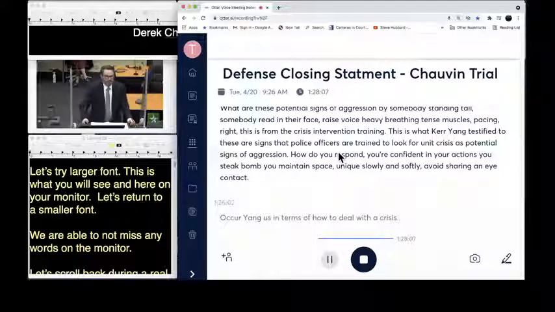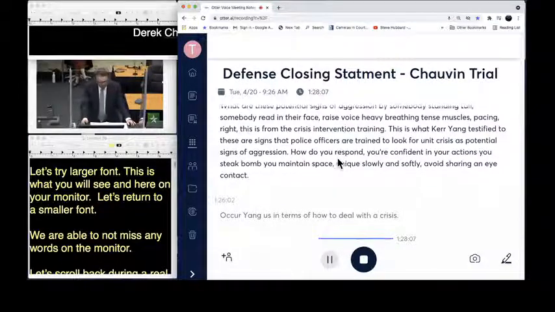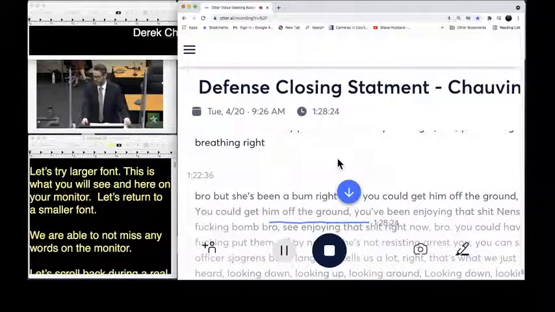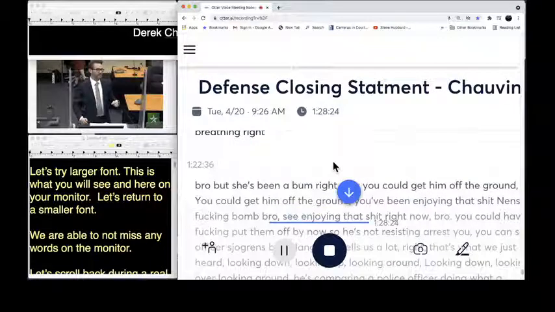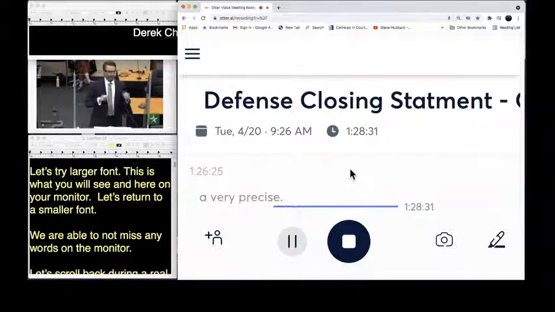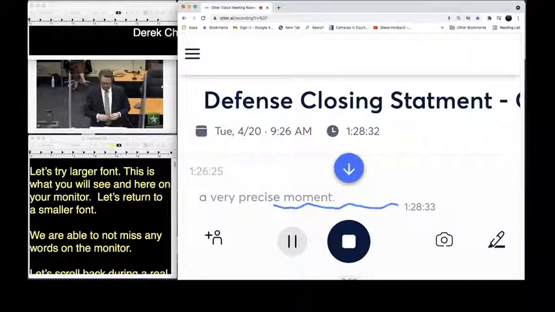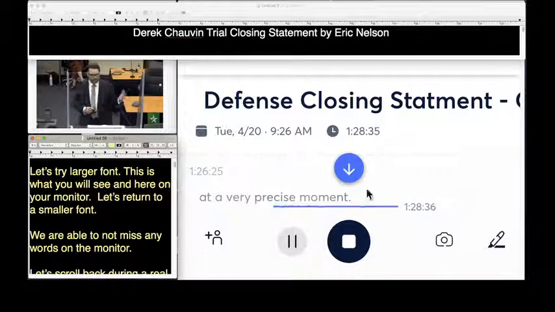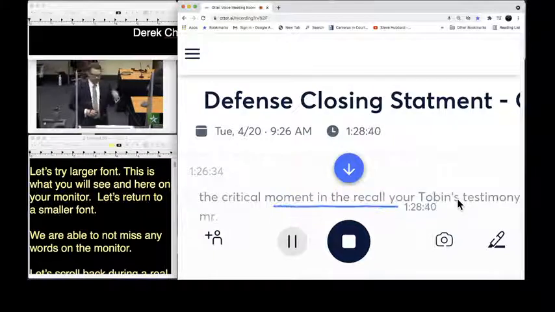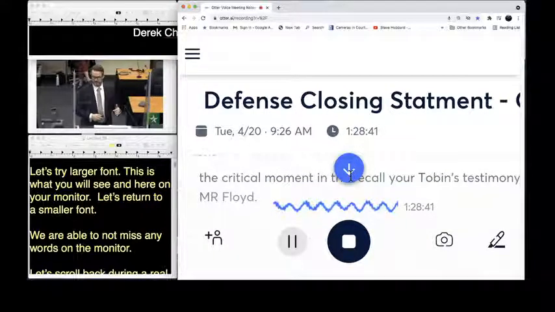As this crowd grew more and more upset or deeper into crisis, a very critical thing happens at a very precise moment. And I cannot, in my opinion, understate the importance of this moment, the critical moment in this case. If you recall from Dr. Tobin's testimony, nobody disagreed, that Mr. Floyd took his last breath at